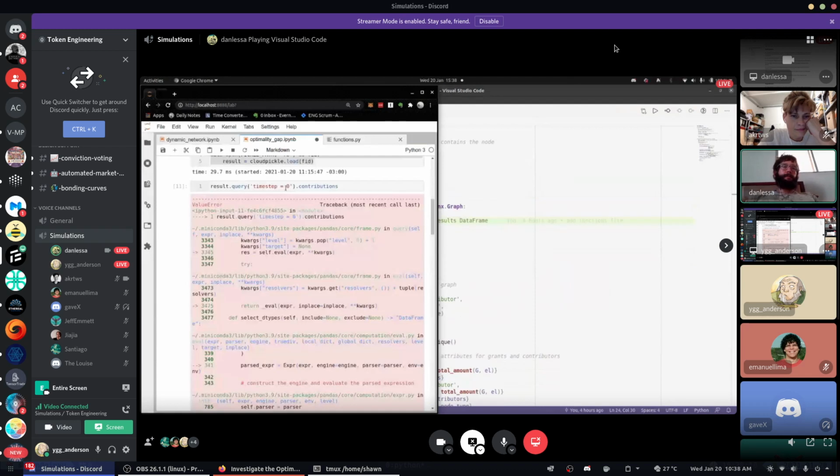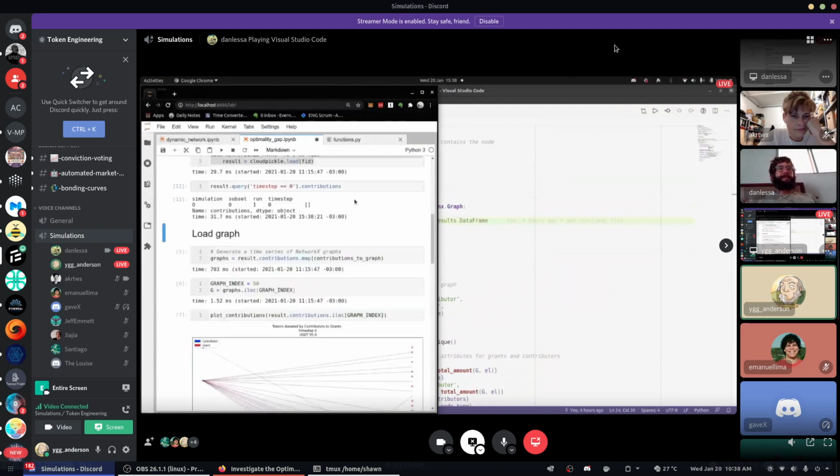I think maybe it's 2. Yeah, exactly. Anyway, at the first time step, we don't have any contribution whatsoever on Gitcoin. When we go to time step 1,